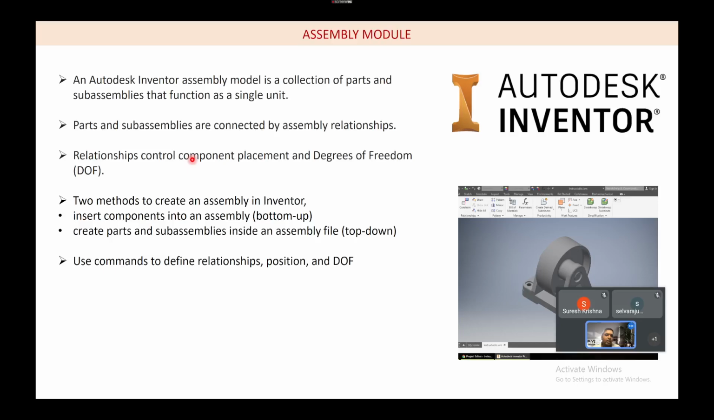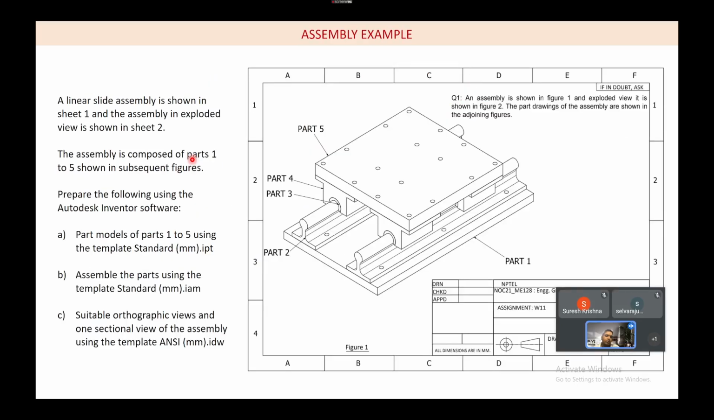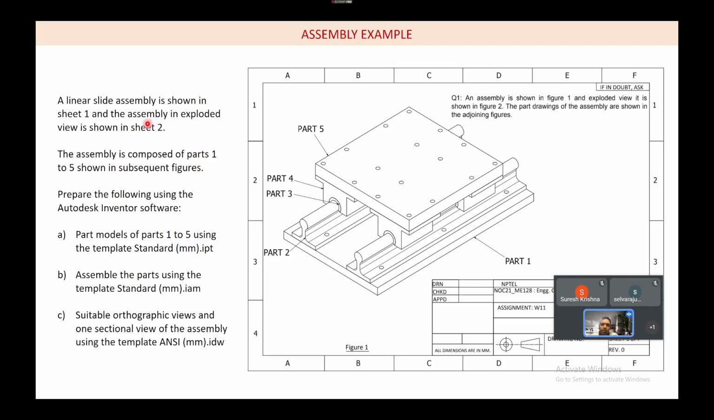So we will see an assembly example for today's session. Here you can see an assembly composed of many parts: part 1, part 2, part 3, part 4 and part 5. This assembly is called a linear slide assembly. The linear slide assembly is shown in sheet 1, and the assembly is shown in an exploded view in sheet 2. If you go to the next page,